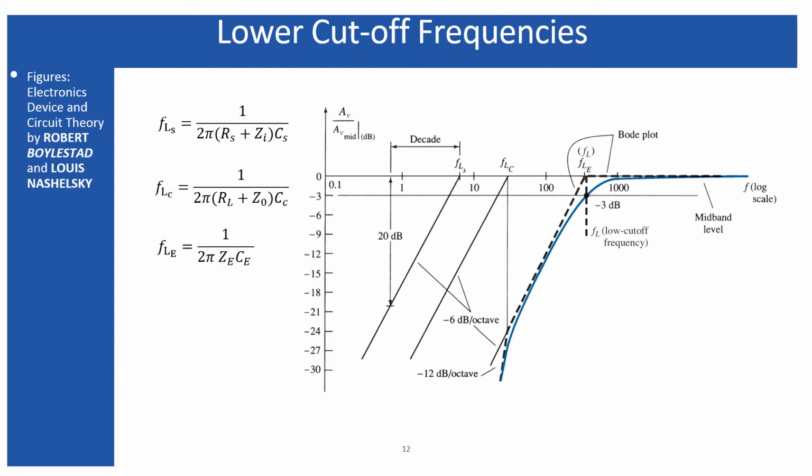Let's see. Here I have listed the three cutoff frequencies I obtained from my previous analysis, and these three cutoff frequencies are associated with the three capacitors and the corresponding resistors. Obviously, these three cutoff frequencies are different from each other. Here is the plot that shows the appearance of these three cutoff frequencies on the x-axis, the frequency axis, which is in log scale. Now, which one do you have to choose as the cutoff frequency?